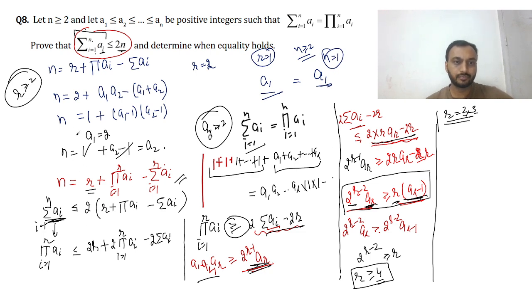Where is our n? N is this, 2 plus a1 a2 minus a1 plus a2, which we further write in this form, right? And we want to prove that summation of ai, meaning a1 plus a2, with the two numbers greater than equal to 2,